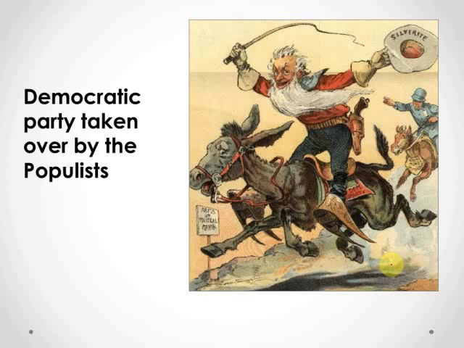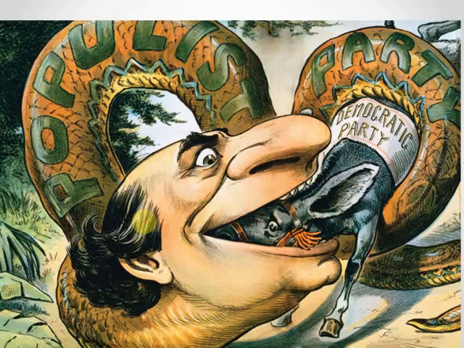There is a concern, though, that the Democratic Party is being taken over by the Populists. Because here's a populist farmer. And this is supposed to be what? A donkey. A Democratic donkey. Democrats are represented by the donkey. Who represents the Republicans? Elephant. Anyway, here's another picture of the Democrats being taken over by the Populists. That looks weird. A lot more extreme. Well, anyway,